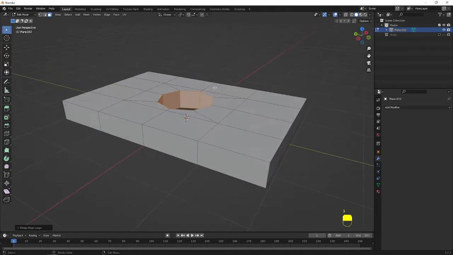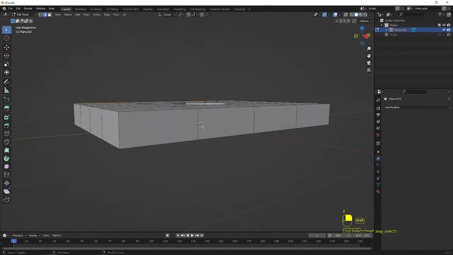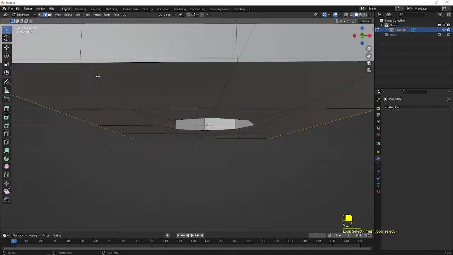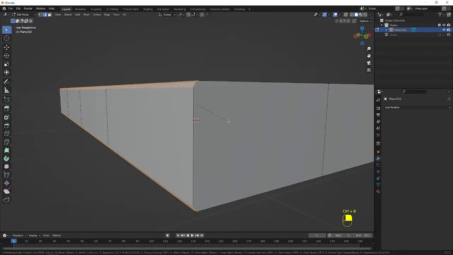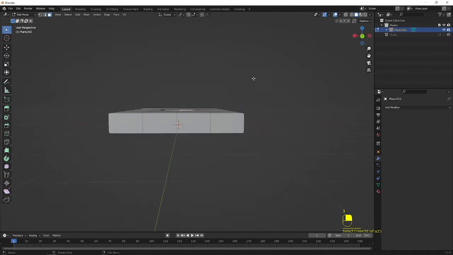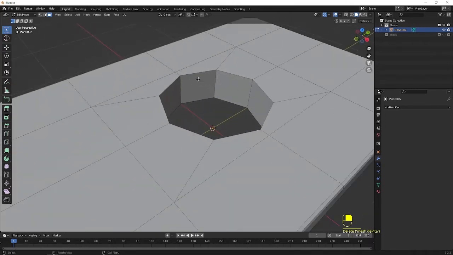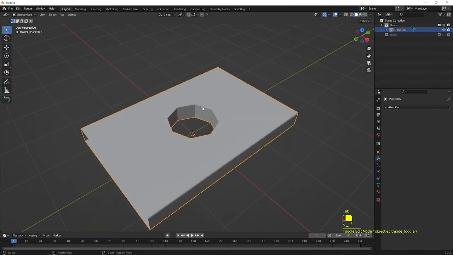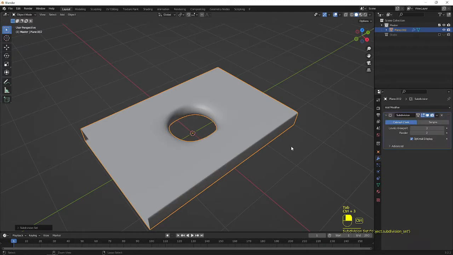Now press 3 on the keyboard, 2 on the keyboard for the edge selection. Select these corner edges, zoom in and press Ctrl B to make a bevel and make this sharp. And select these faces and X to delete the faces. Now it has been deleted and I go to edit mode, object mode, press Ctrl 3 for the